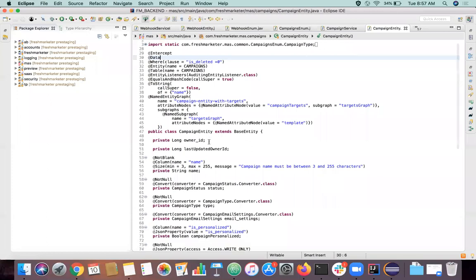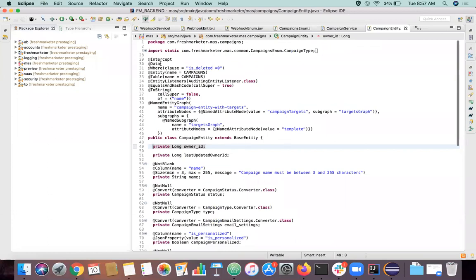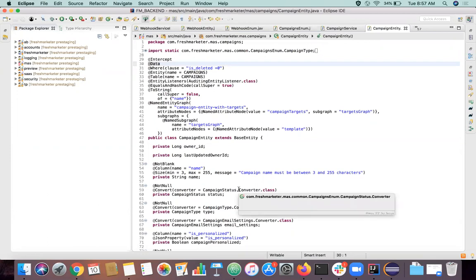What we are trying to achieve is that only for those variables where we have some custom logic, we can exclude that particular variable. For example, if I have some getter setter logic for this owner ID, I can exclude it from Lombok's generation and write it explicitly. Apart from that, if we don't need any explicit logic, we can use Lombok in our project, just add @Data, and every getter and setter will be generated for us at runtime.